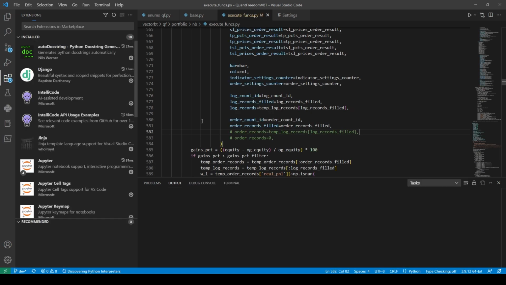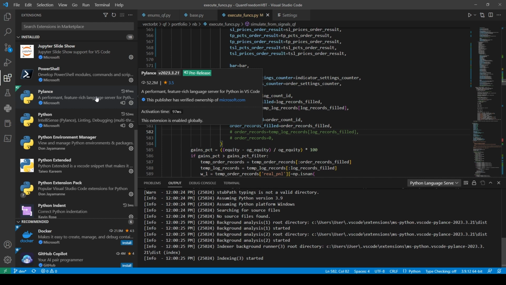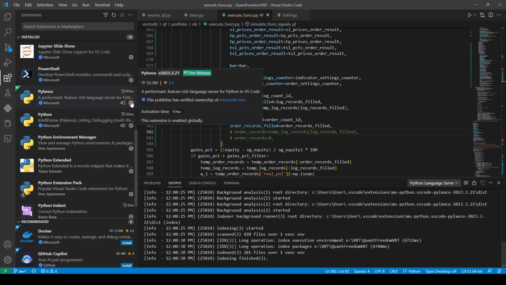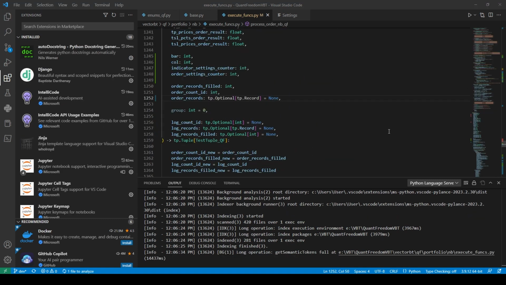Let's see what happens. Maybe if I go back one more release, it'll actually work. Yeah, I don't know. This is killing me because this is just unusable unless